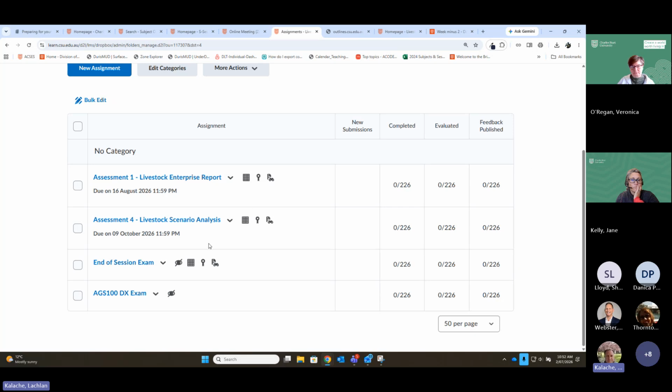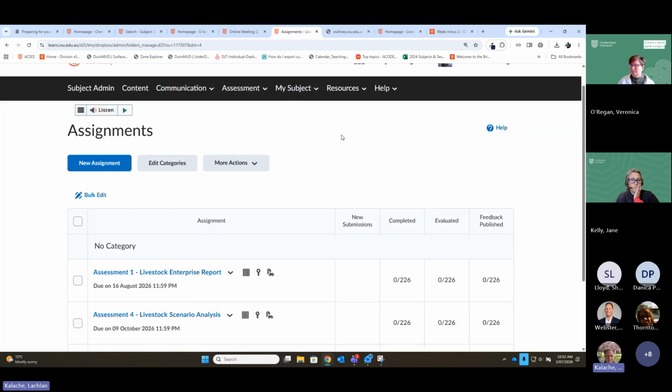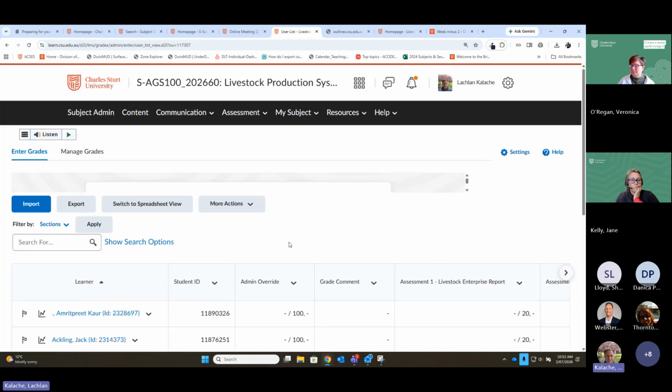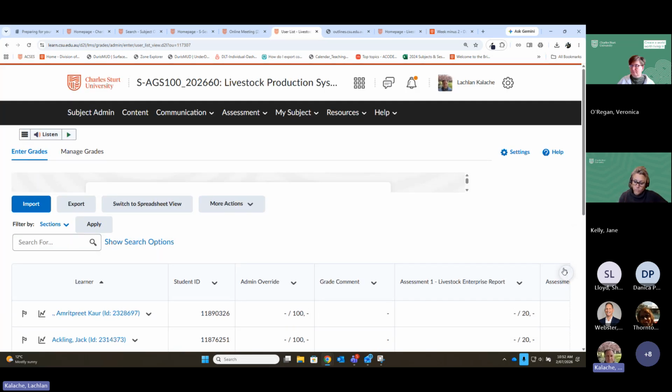This is probably an opportune time for us to talk a little bit about the gradebook. So let's do that. Under My Subject and My Grades, when you first go into Gradebook, it can be that first screen, the Enter Grades tab can be pretty overwhelming. There's a lot of information in there. So the best bet is to jump straight into the Manage Grades tab up the top,